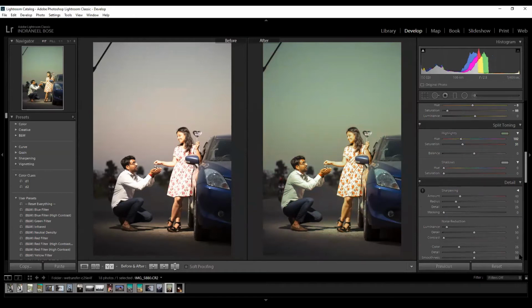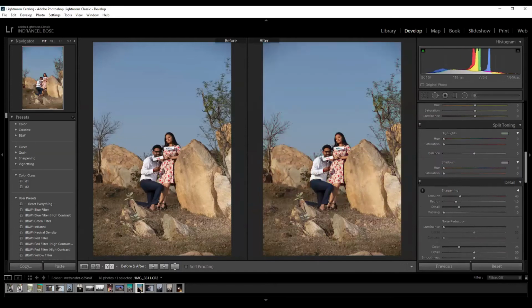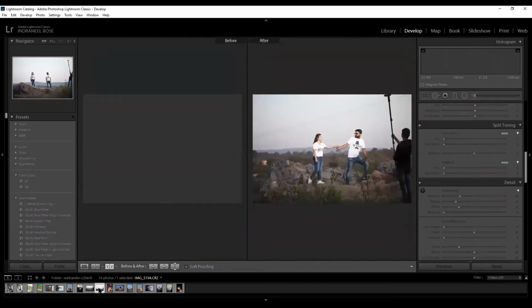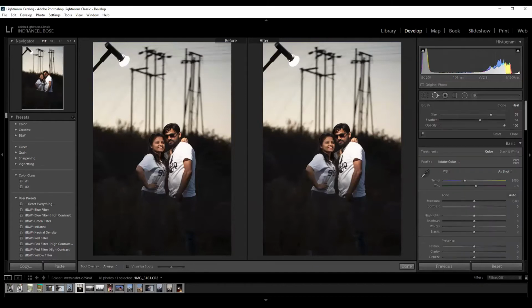Now let's come to a different image. See, in such images, you have two ways to work out. First, let's correct the this light part.